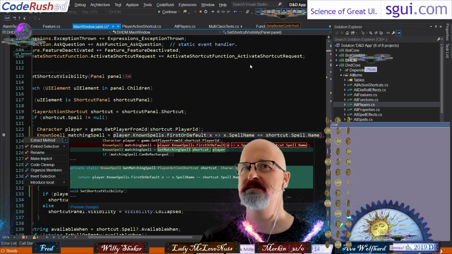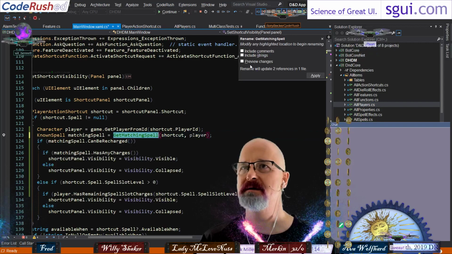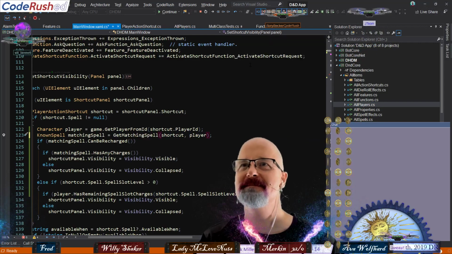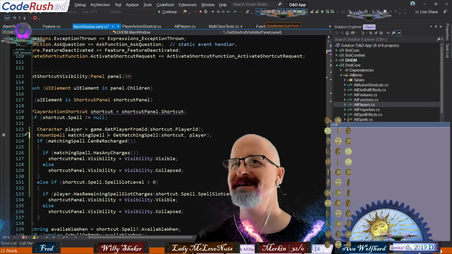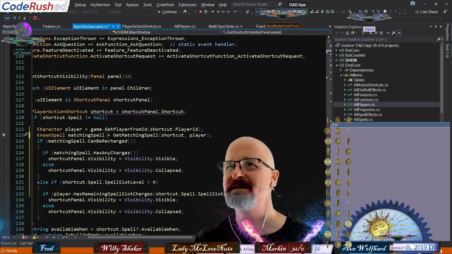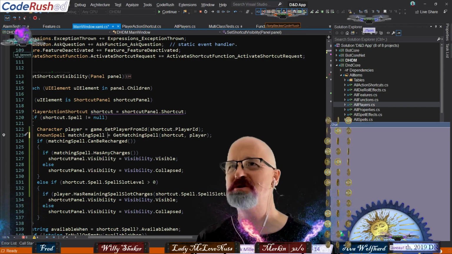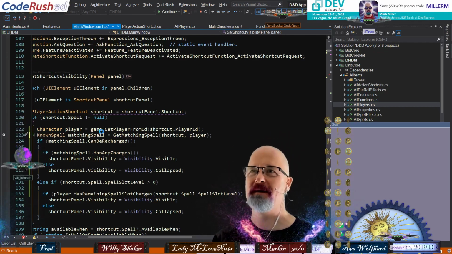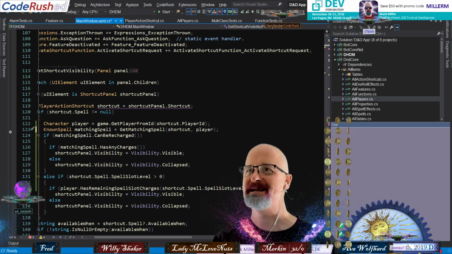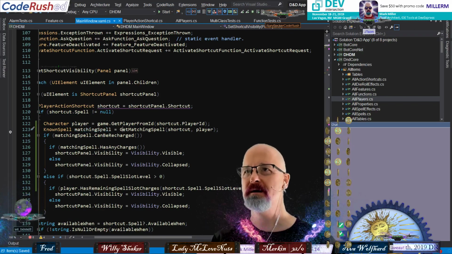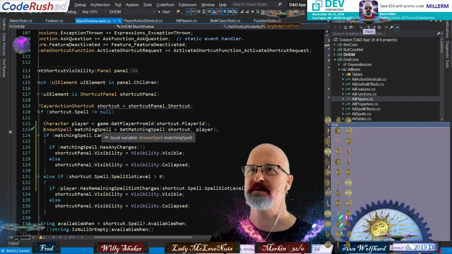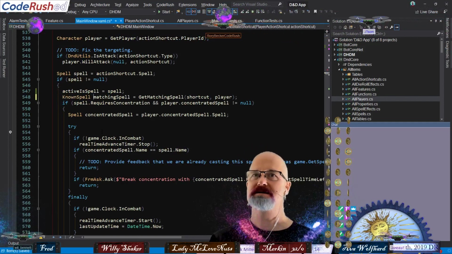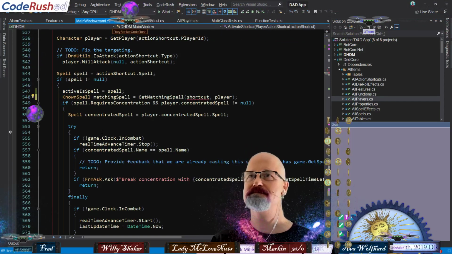Let's do this. Extract a method. Call it get matching spell. Okay, fine. Oh no, look, is it going to give it to me? Oh, I captured the shortcut. I can't do it. All right, fine. Don't take my shortcut. I'm going to kill it, but now that I've done it, it's not going to give me that message anymore. That's the space I was trying to be at. All right, hiding the link in a method.